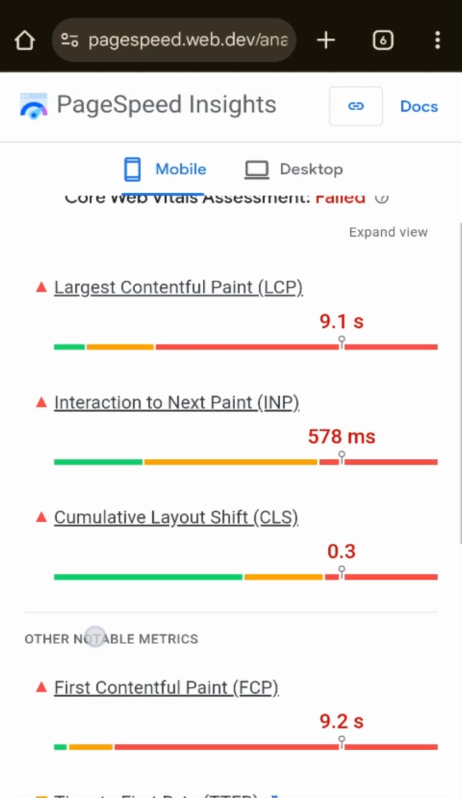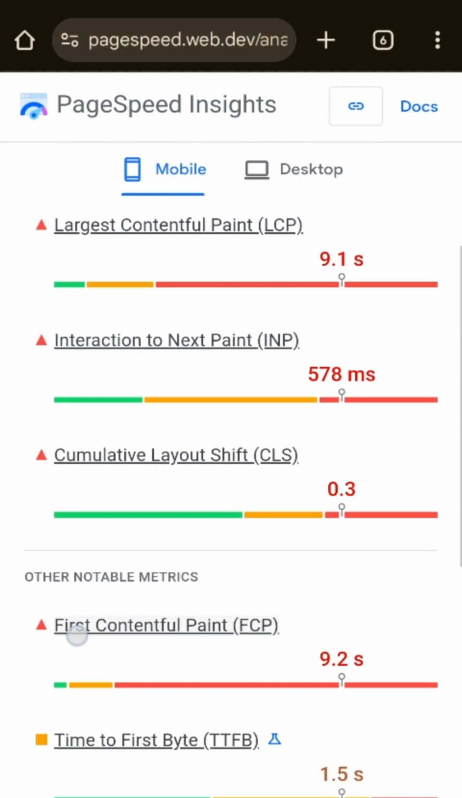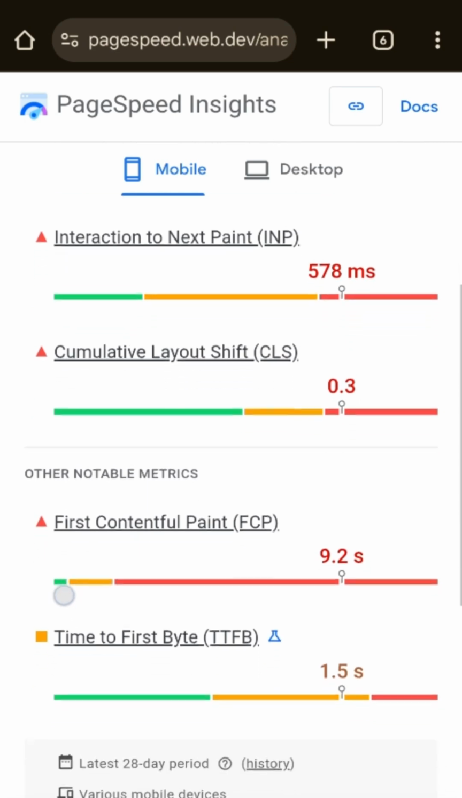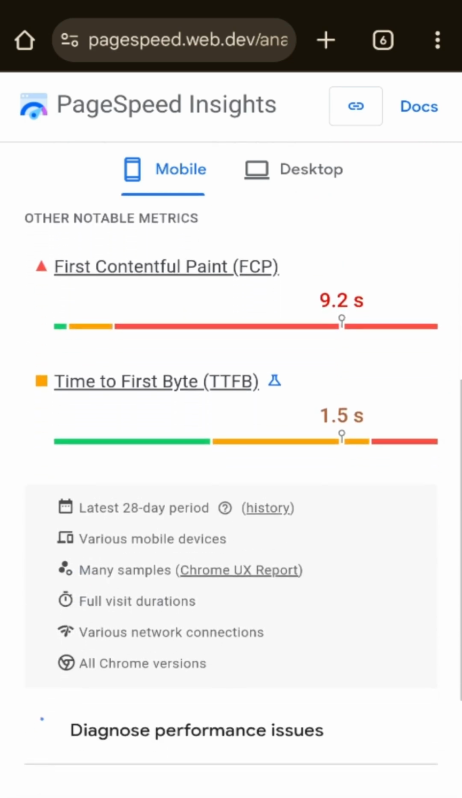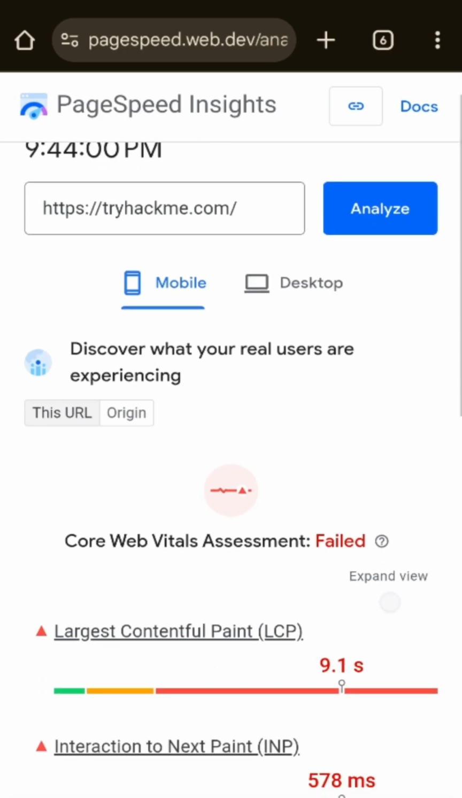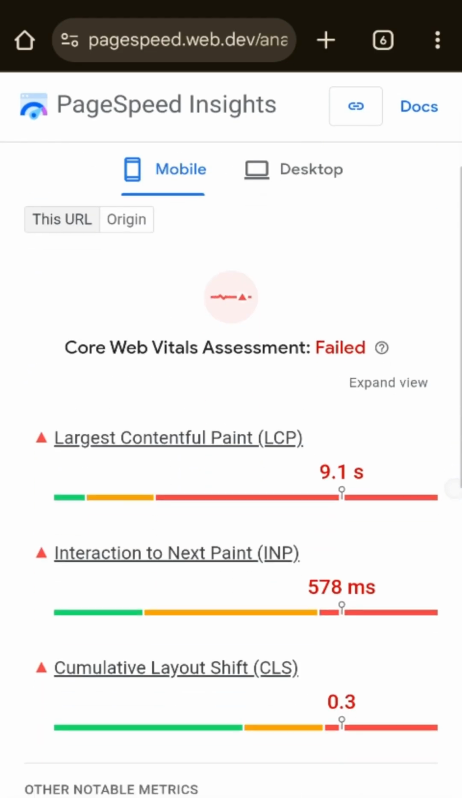Interaction to Next Paint, INP. The second thing is about interaction, something that you can interact with. Cumulative Layout Shift, this is 0.3. First Contentful Paint and Time to First Byte, TTFB, this is 1.5. It is loading and we are just waiting here for this. By the way, this is only for mobile, and you can do it for desktop as well, but let's